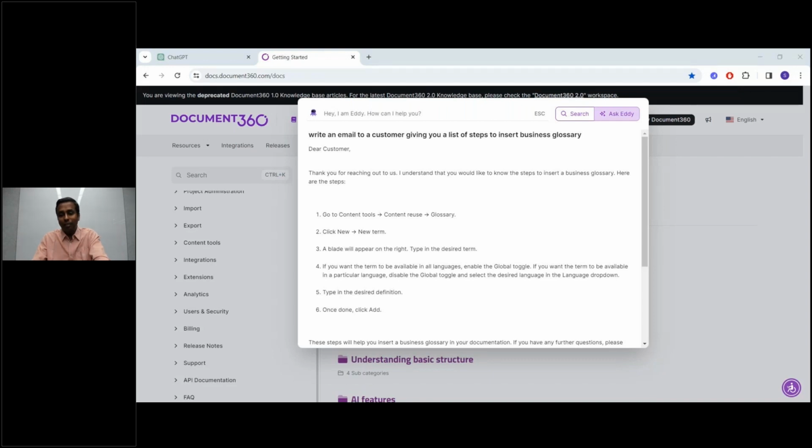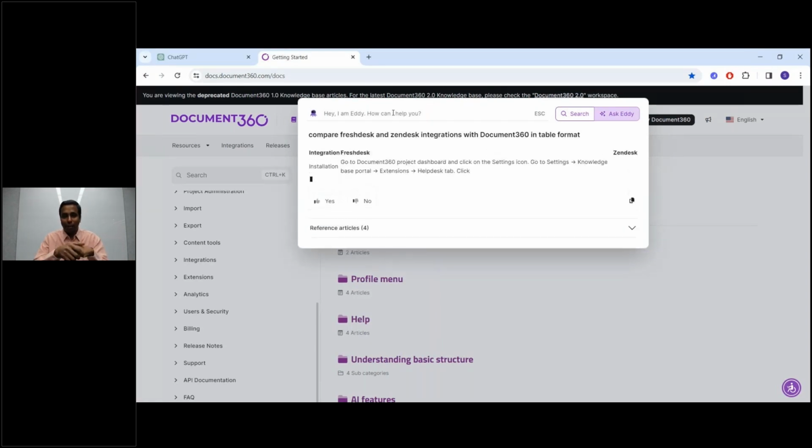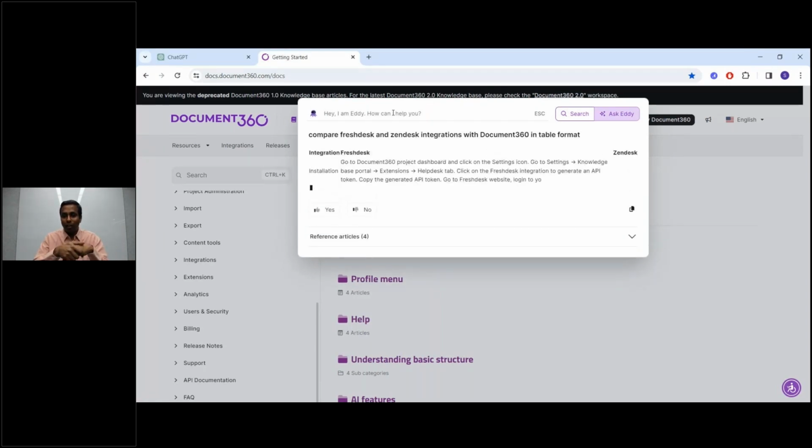The next business case I want to show you is that you can use these kinds of systems to compare and then have something in a table format. I think we talked about this in prompt engineering. Right now I'm asking Eddie to compare Freshdesk and Zendesk integration and give it in a table format. Again, if you go back to the prompt engineering technique we have used, the same thing applies here,